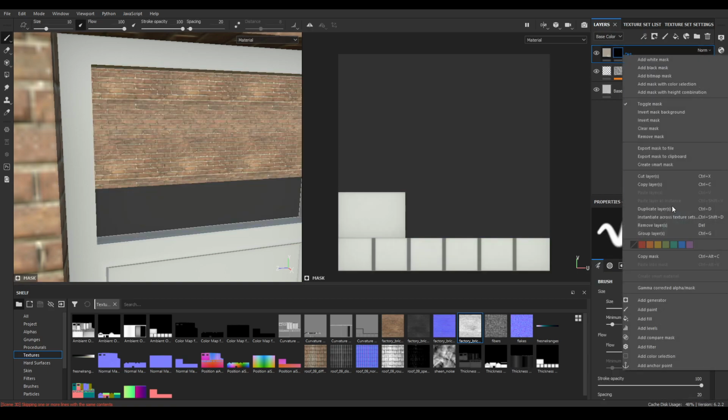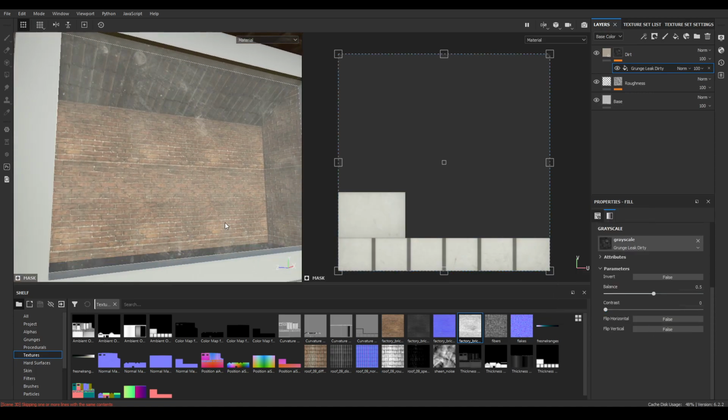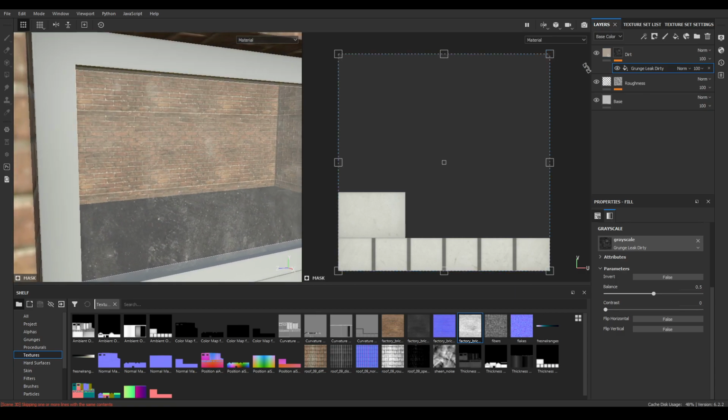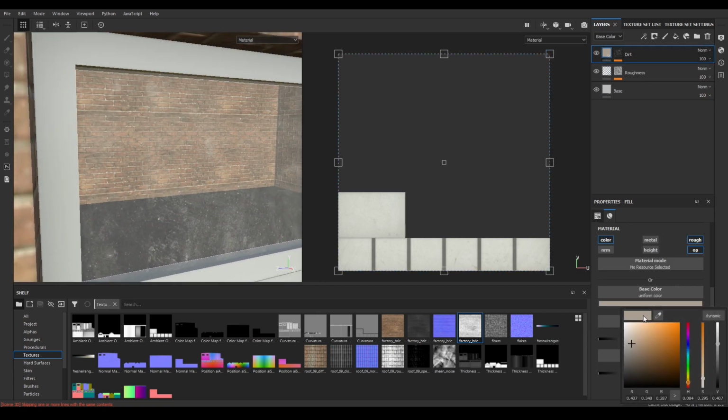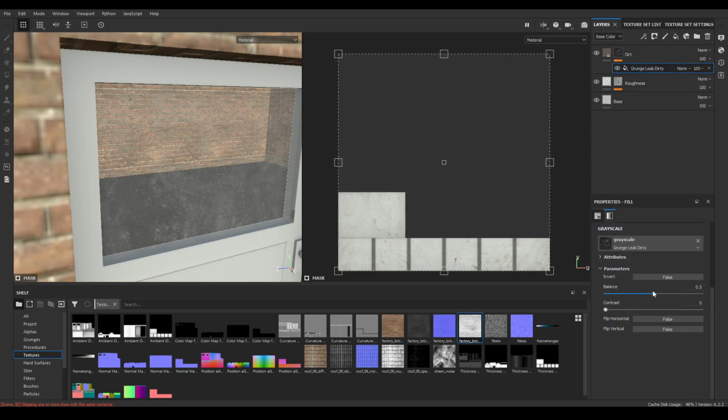Add a black mask, and in the black mask let's add a fill layer. In the fill again add a dirt. Let's change the color to something more dark. In the dirt increase the balance to 0.6.